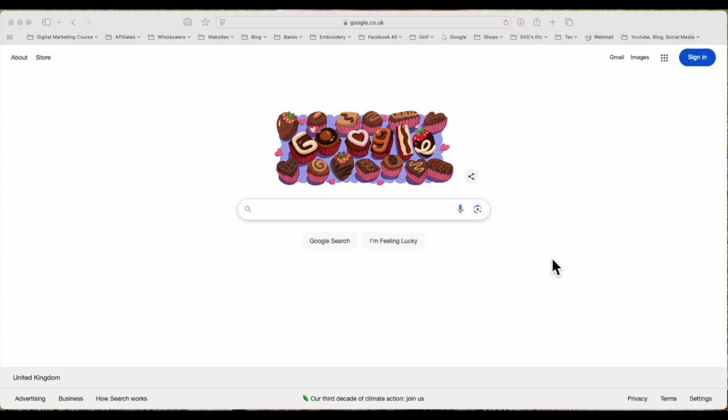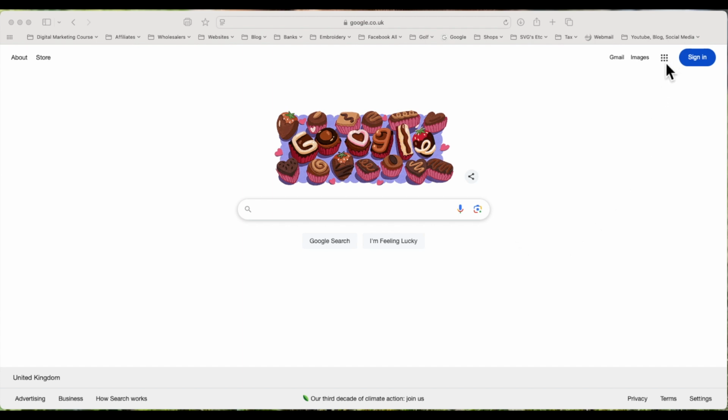I thought I'd show it to you in Google Sheets because I think most people, whether you use Windows or a Mac, can access Google. But like I say, you can open it in Google Sheets, you can open it in Microsoft Excel, and if you use a Mac, you can open it in Apple Numbers. If you use a Mac or Windows and you don't have any spreadsheet software, you can just open it in Google Sheets. So I'm on Google here, and the way to find Google Sheets is you go to these 9 little dots